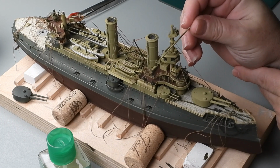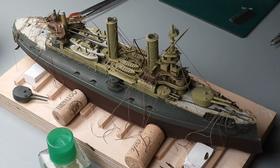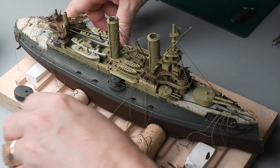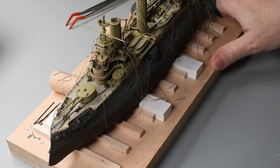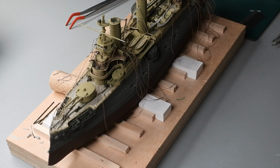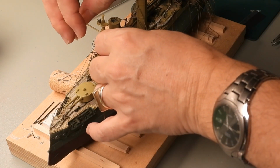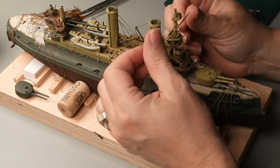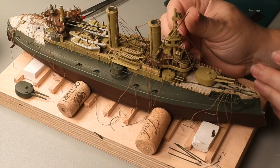I think it's not that bad. A bit more this way. Watching from the top, it's okay. Watching from the side, I'm not so sure. Let me watch it from the side. Yeah, it's quite okay. From the side too. And then watching from the front, it's still not okay. Well,